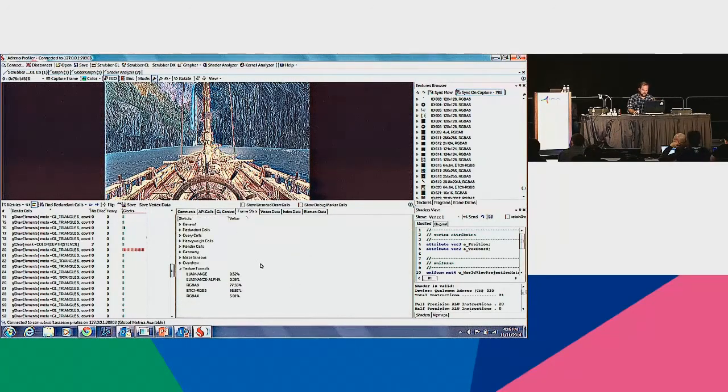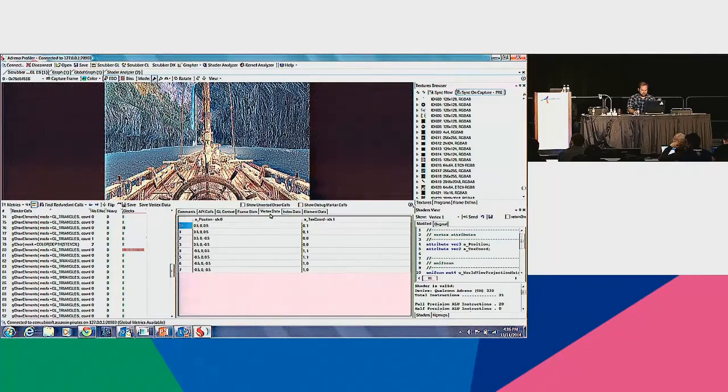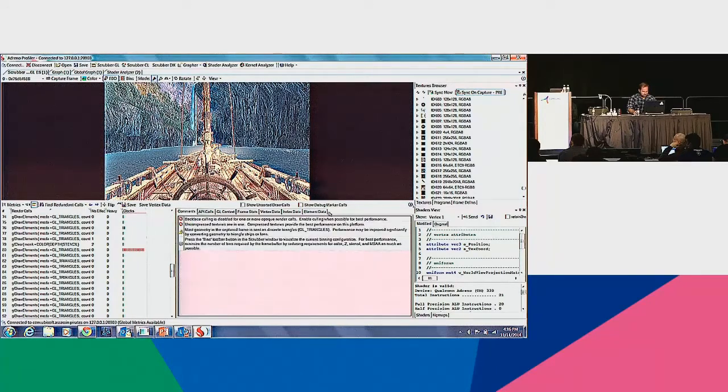This is stats for the entire frame, so I can see, for instance, how many calls there were in total, how many redundant calls, and all this kind of information. I can see the data for the VBOs and the index buffers, as well as element data for the current draw call. Something that shows up here that this application does demonstrate is an extension added called EGL debug